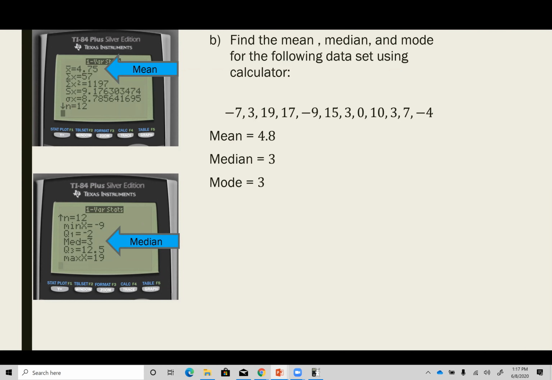So, any questions with this one here? Questions on how to use your calculator? Anybody have a problem with the calculator here? If you don't have questions with the calculator,